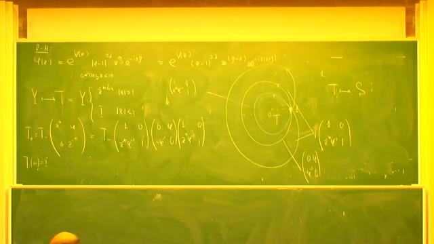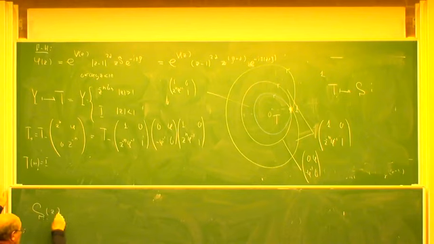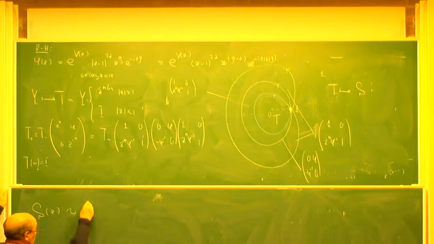It means that I now have to expect that my solution S could be represented by what I still call, say, global parametrix,